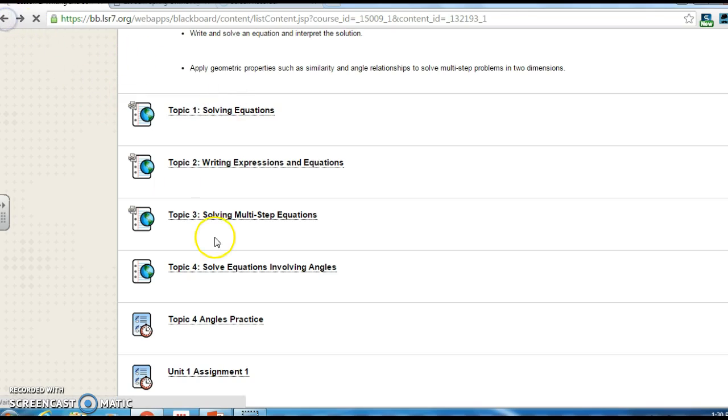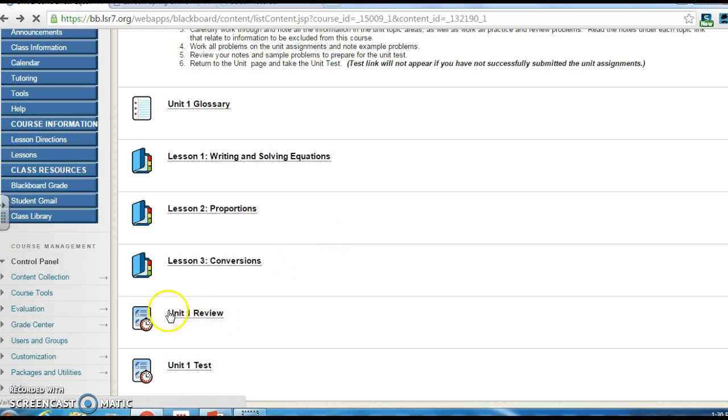For reviews, you can have an unlimited number of tries, again, as long as it's done before the due date. So make sure that you do them enough times to where you understand the material. The test, you only get 1 chance, and it is timed. It's the only thing that's timed. You'll get 90 minutes, which is plenty of time. You won't take that long, but I want you to have it done in 1 sitting.